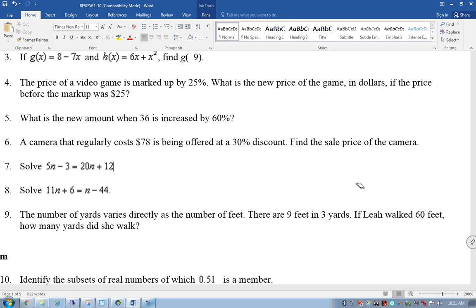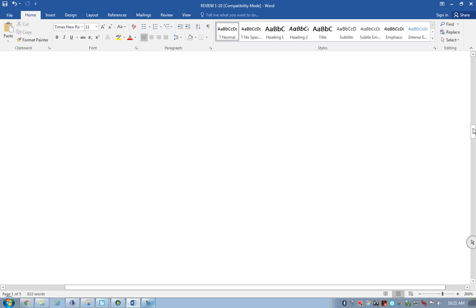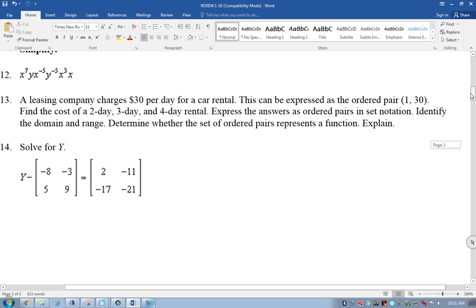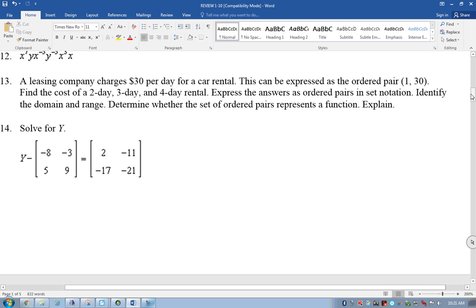The next thing on our list is number 13. A leasing company charges $30 per day for a rental car. That's expressed as 1 is my input, 30 is my output. We want to find the cost of a 2-day, 3-day, and 4-day rental. We're going to express our answers as ordered pairs in set notation, identify the domain and range, and determine whether the ordered